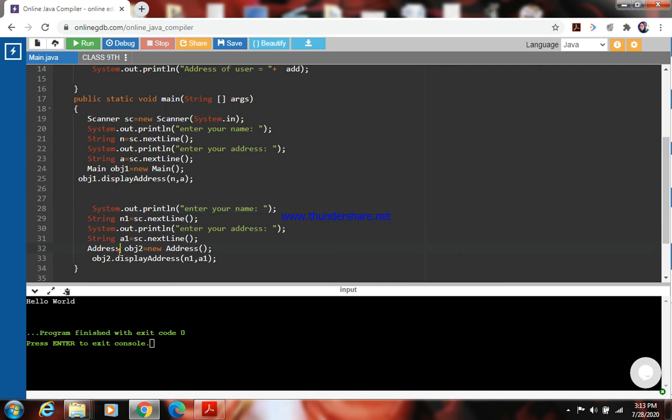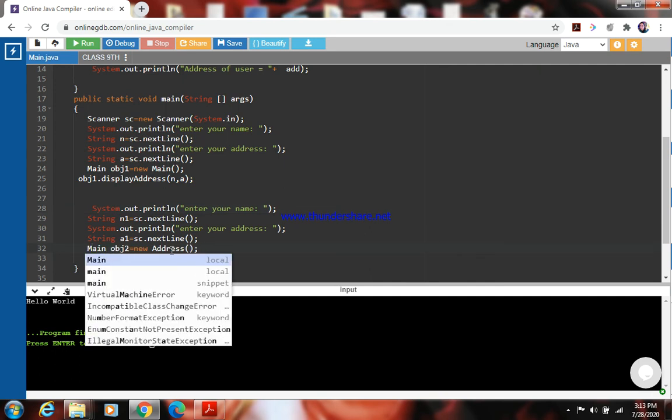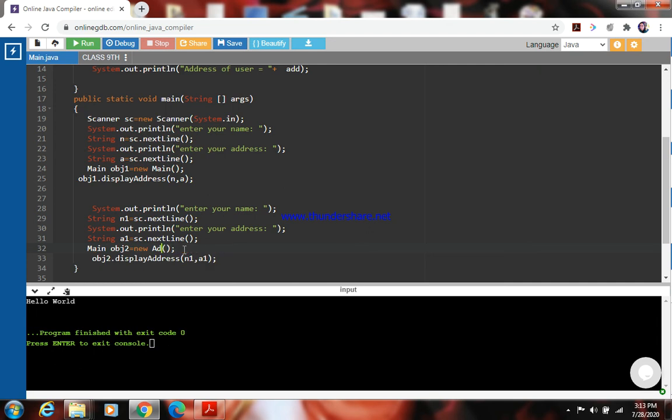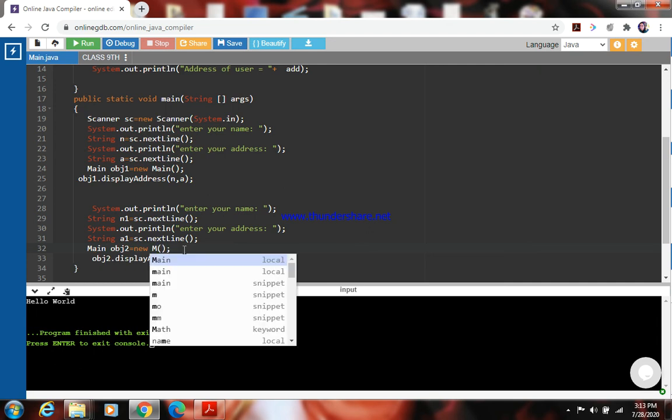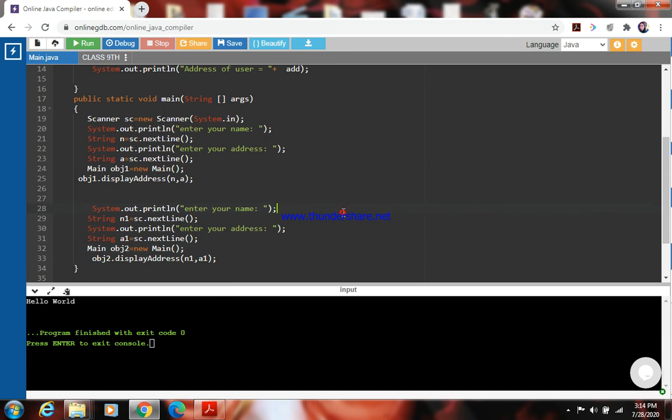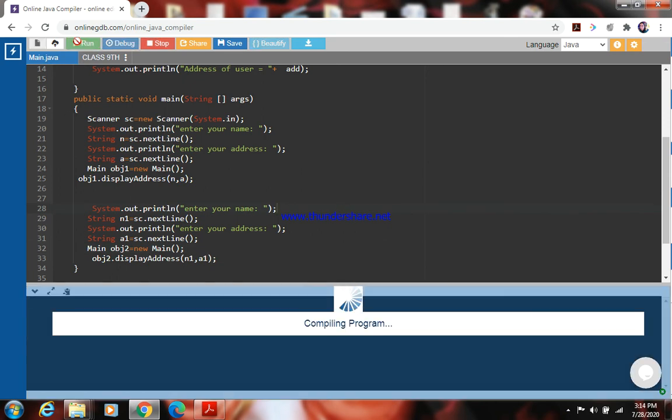Again here, instead of address, I need to write main here, so I am changing it to main. Now let's see what error is coming, or whether it is going to be a successful execution.